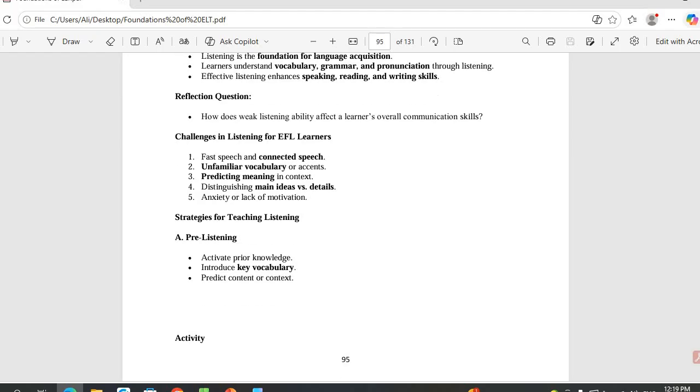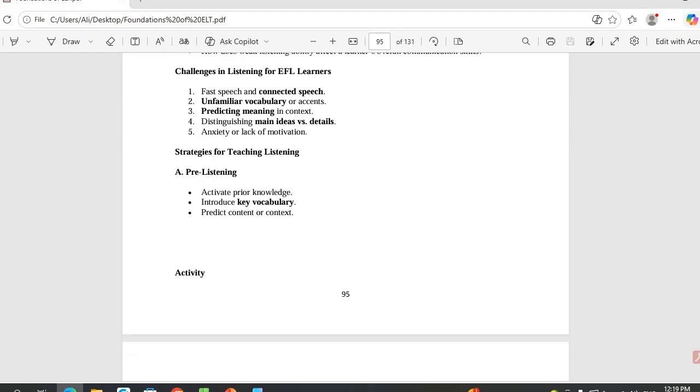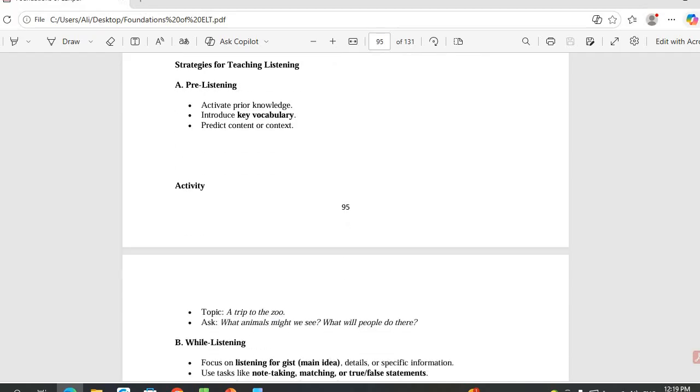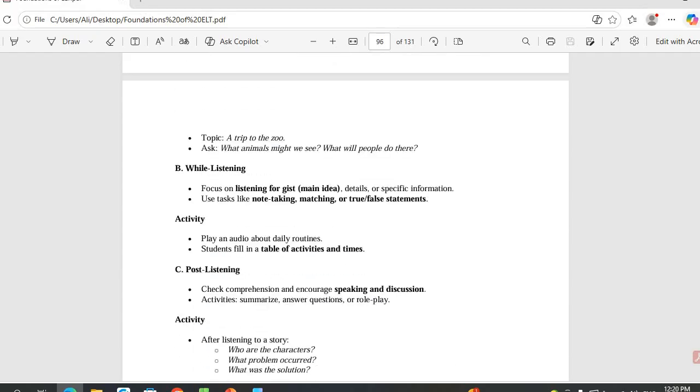What are the strategies of teaching listening? Pre-listening, before listening. You activate prior knowledge of the students by giving them some hints about it, vocabulary, and then predict content or context. This is before listening. For example, if you're listening to a text about a trip to the zoo, what animals might we see? What will people do? You prepare the students for that by giving them these pre-listening